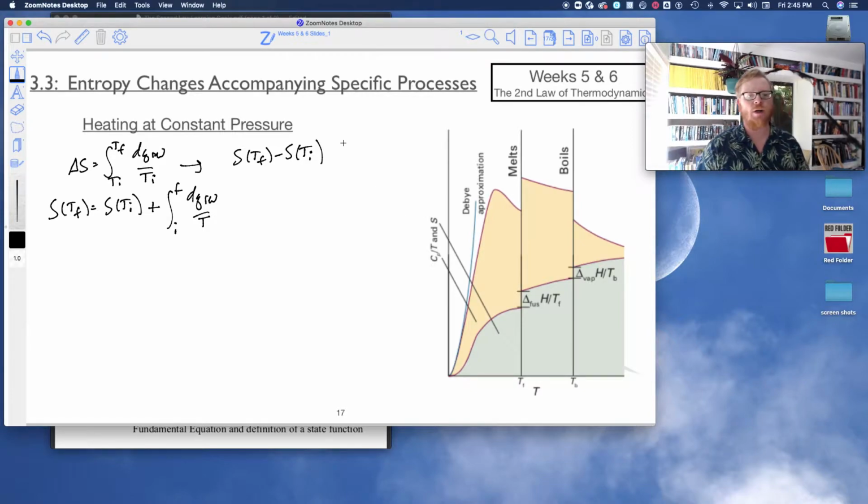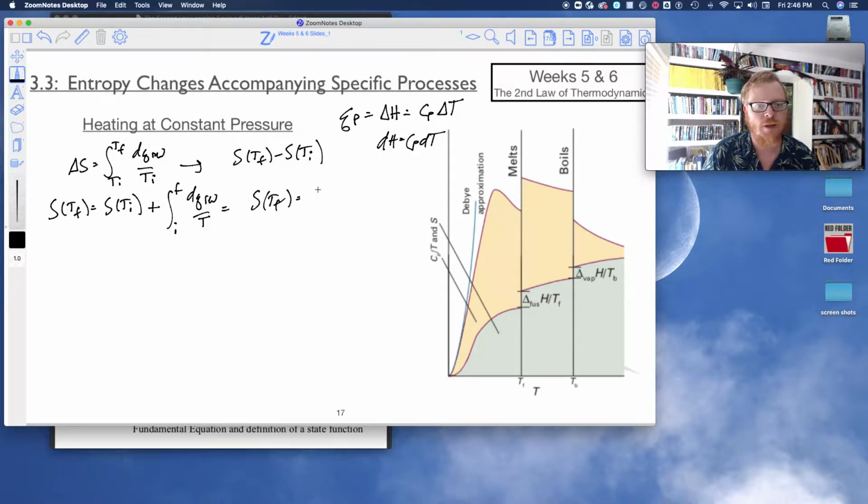So what do we do with that dq reversible? I'll remind you that heat at constant pressure equals delta H, okay? And we also know that that equals Cp times delta T. In other words, dH equals Cp dT. So just remember, heat delivered at constant pressure is called enthalpy, which is also the constant pressure heat capacity times dT, okay? So I'm going to rewrite this expression now as S T final equals S T initial plus,